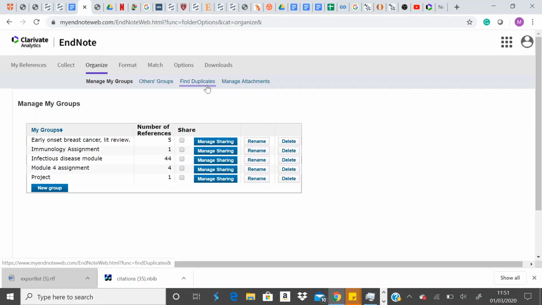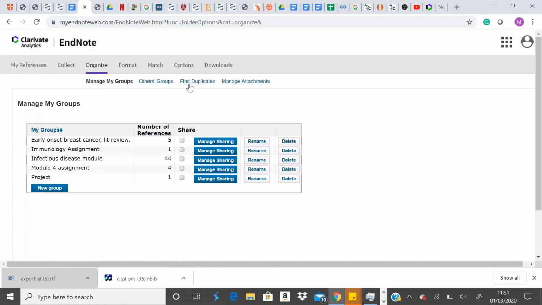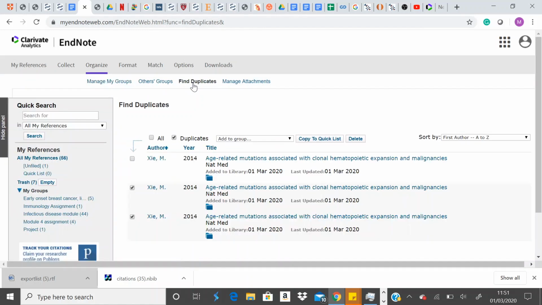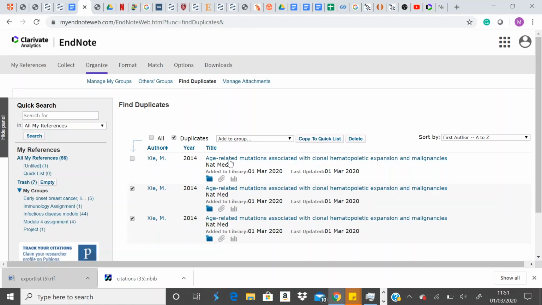Now, sometimes you download the same citation 2 times, and so yes, find duplicates. So you see, I've downloaded the same citation 3 times. So Endnote has automatically ticked 2 and suggested that I delete the 2. So if I want to delete, because these 2 are already ticked, if I click on delete, it will delete both. However, be careful with this,